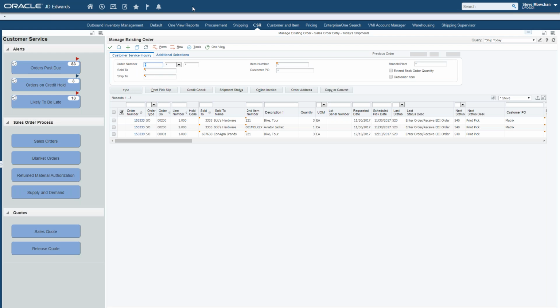Notifications are, again, something that's come up in the last month. JD Edwards and Oracle are putting a ton of money into this. This is where a lot of the development is going for JD Edwards, making a user so much more efficient. Another way to be more efficient,